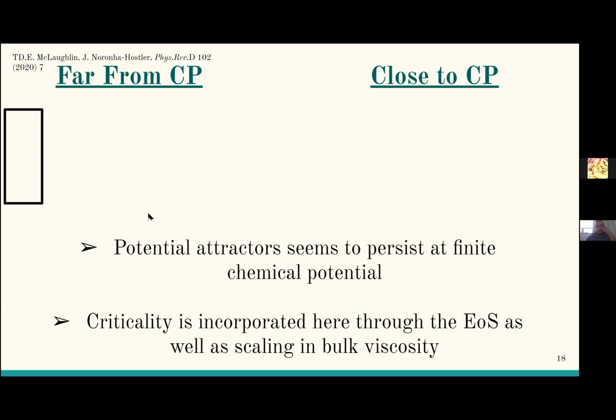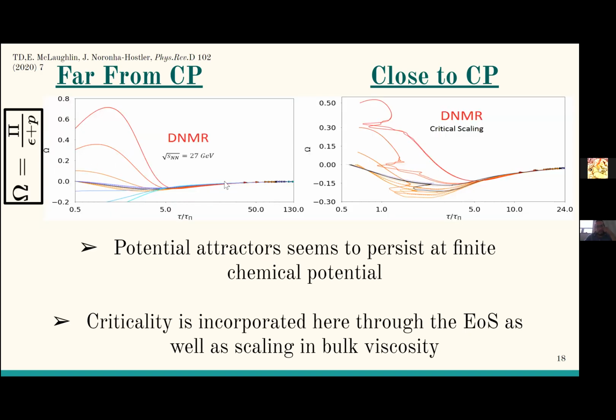And this is the same thing, but in the bulk channel, where you have these potential attractors. Actually, they really look more like attractors than they do in the previous slide, which was surprising in the end, because the bulk viscosity has a scaling that goes with the correlation length in this equation of state. It goes like correlation length to the third. So we had expected that if this was going to break anywhere, it would have been in the bulk sector, but it turned out that this wasn't the case. The system still exhibits this attracting behavior, even in the bulk sector, even when you go through the critical point, which was somewhat surprising.